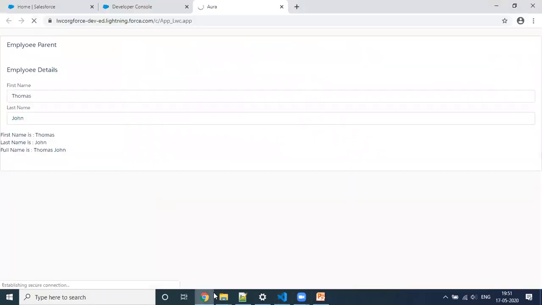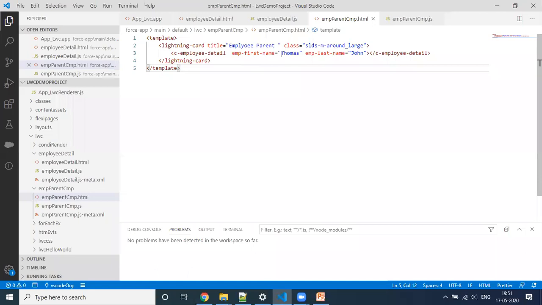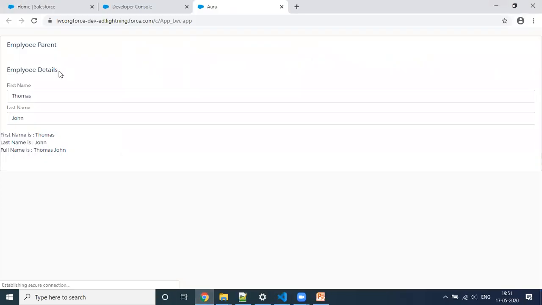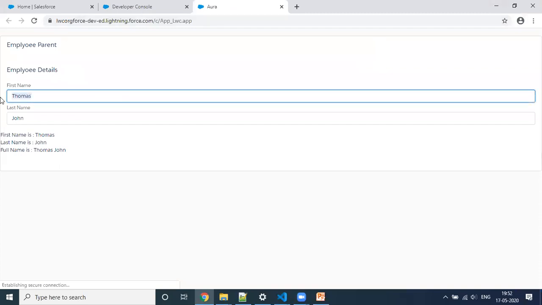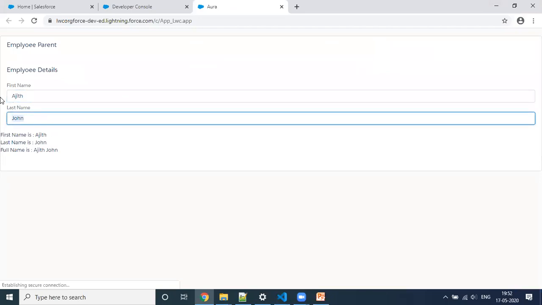If you refresh this screen, this value you are going to get is Thomas and then John. And if you type anything else, suppose Ajit or Kumar, you can see this value is also getting refreshed.